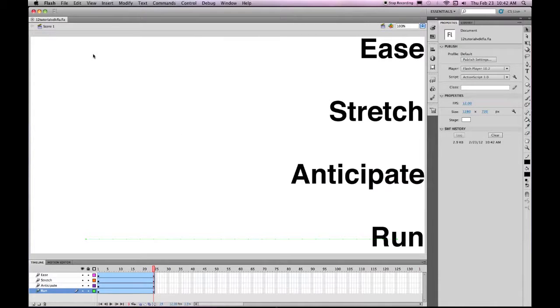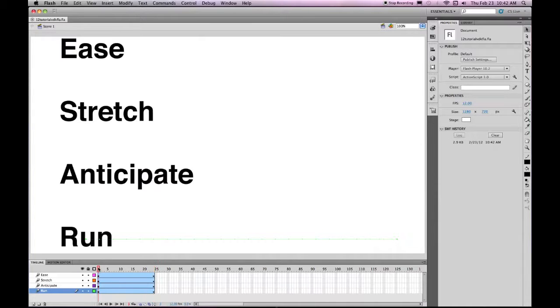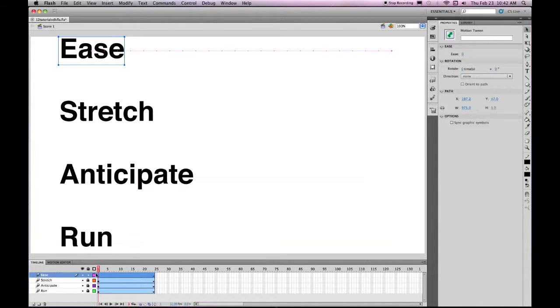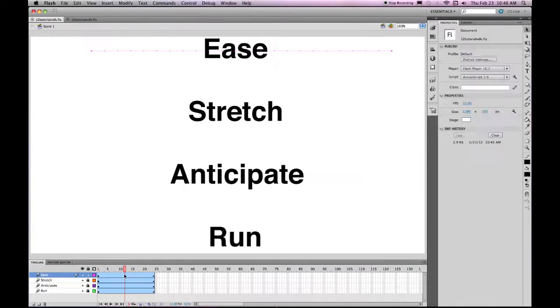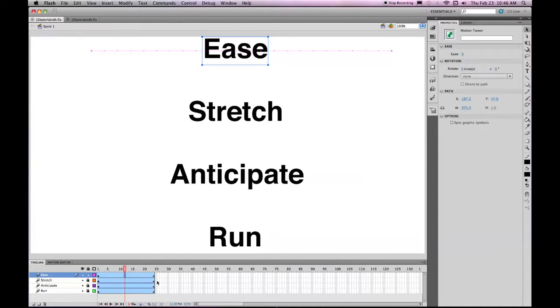Okay, now let's go back to frame 1. Let's lock all of the layers. And let's unlock frame 1 of ease. So on ease, okay, come down to ease and you want to select frame 12 in the middle of ease. You don't want to select the whole layer because it won't let you do what you need to do. But when you have frame 12 selected as a single frame, you can tell because there's a darker blue line